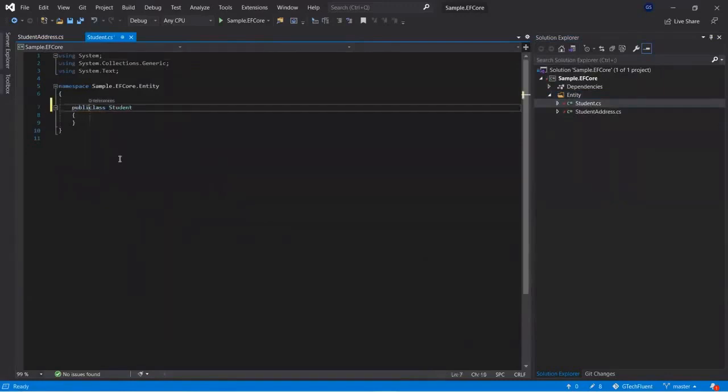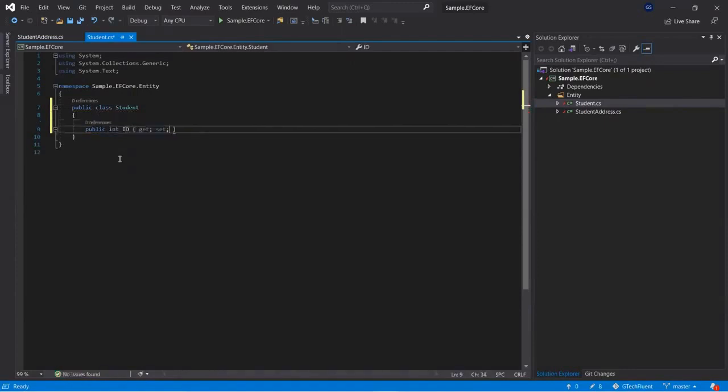Now let's add the properties inside the Student class. Make the class public. So we require ID, public int ID. You need to make sure you are designing this class as per your DB structure. Whatever columns you require for the student table, you need to mention here. For now we are taking some basic columns. First we require the ID column for the table.